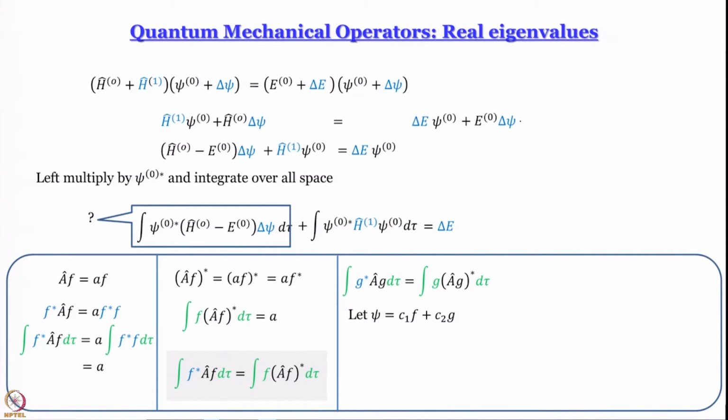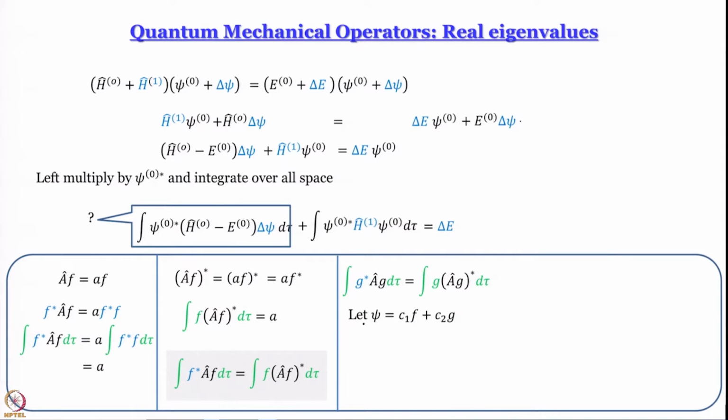We are going to jump steps there because it is lengthy. If you want, you can do it yourself. You will not have to remember anything. As long as we understand the logic, we are good. Now see, this f is any general function, so instead of f I might as well write psi. So, I can write integral psi star a hat psi d tau.